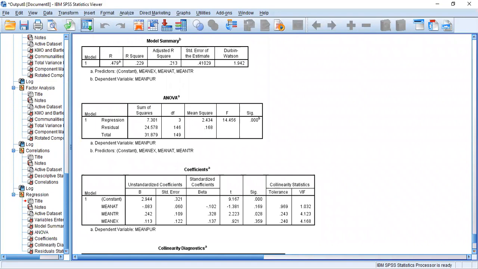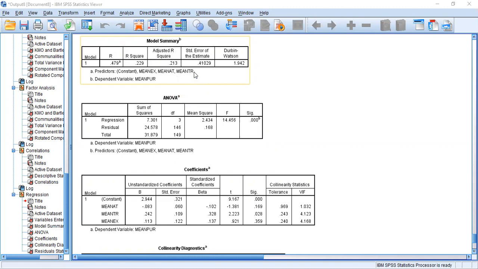Now in here we need to pay attention to three tables. First one is the model summary table. According to that, the R-square value indicates how much of your dependent variable's variance is represented by your independent variables.